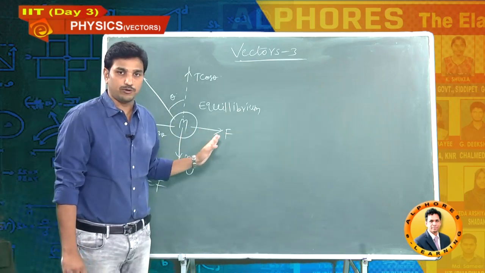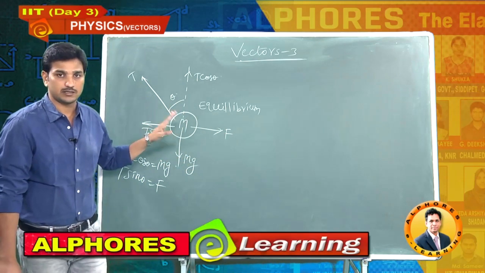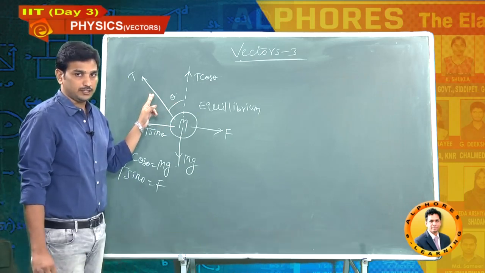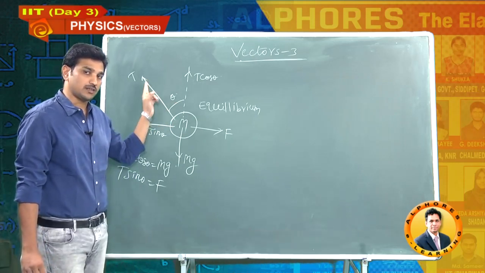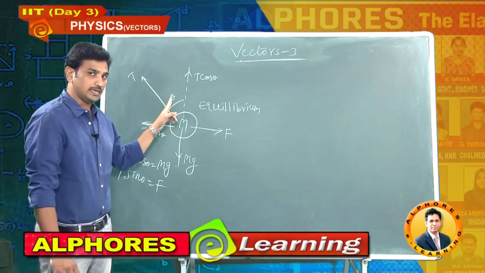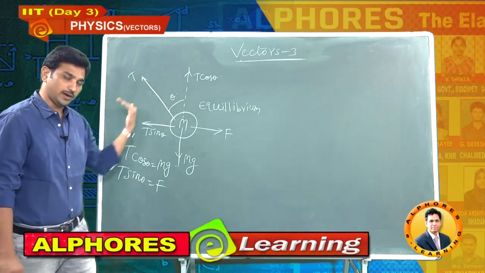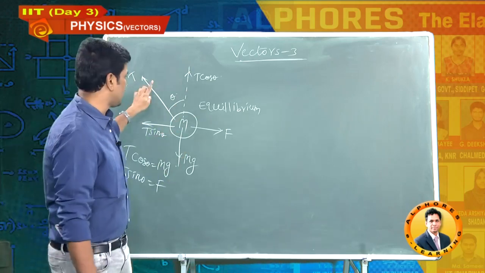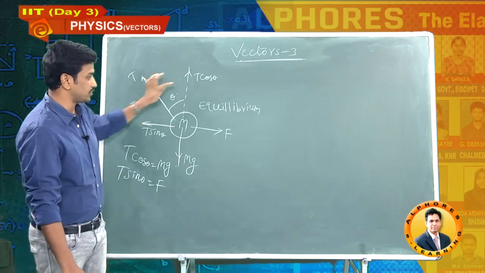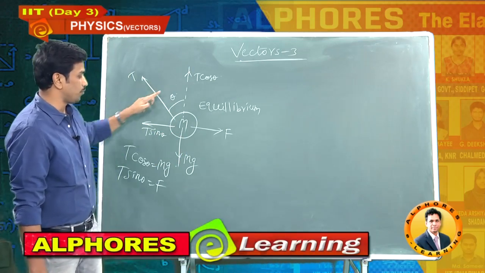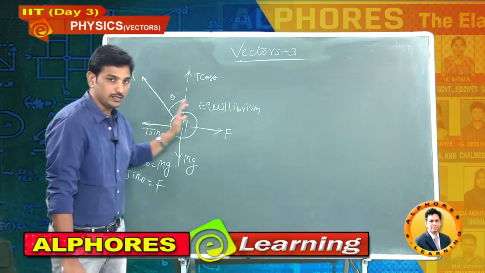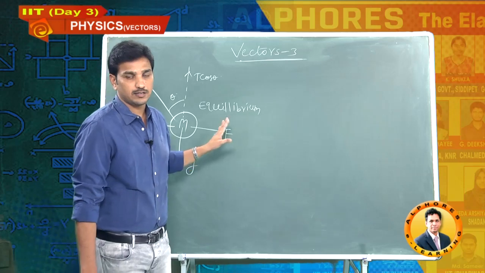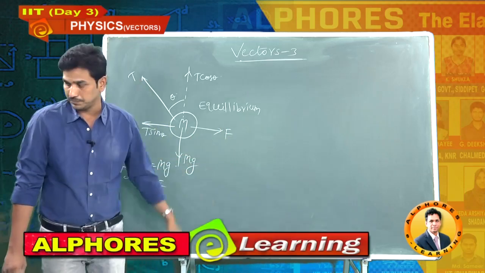Overall, here we use the concept of resolution of a vector. Tension is a vector. This vector is resolved into two components. The theta touching side is T cos theta, another one is T sin theta. Always remember this point: the vector is always between the components. One is a horizontal component, one is a vertical component. I think you understood this example. In this way we will use vector resolution in the numericals of physics.